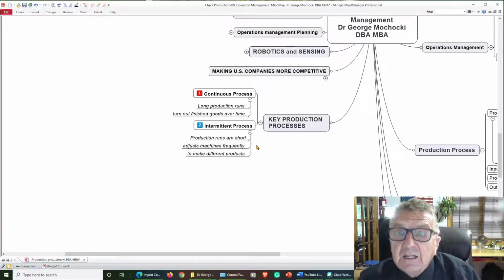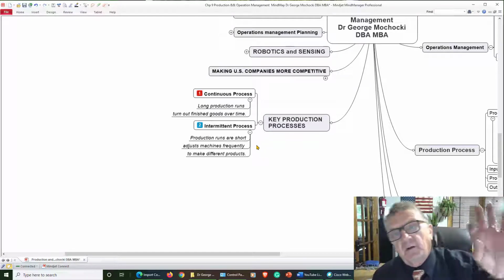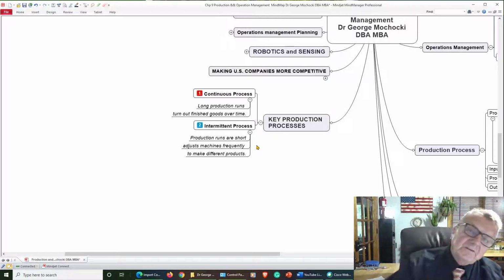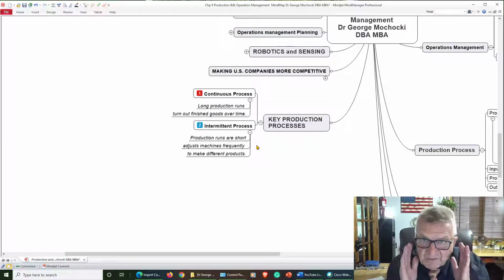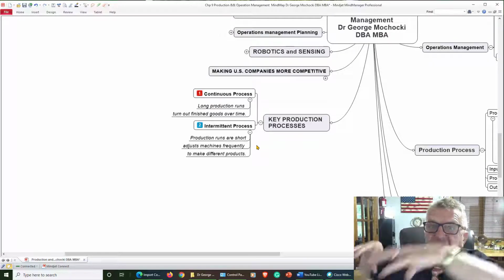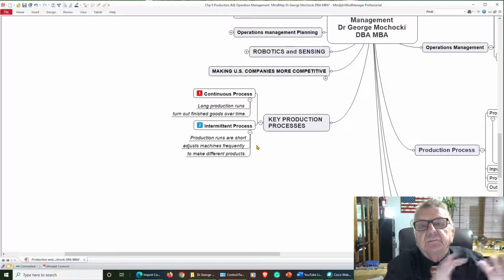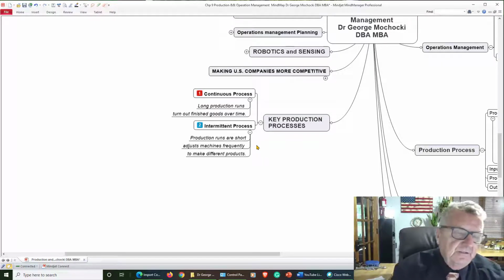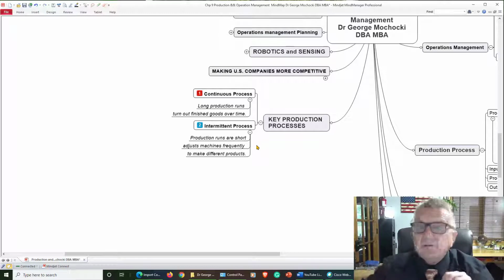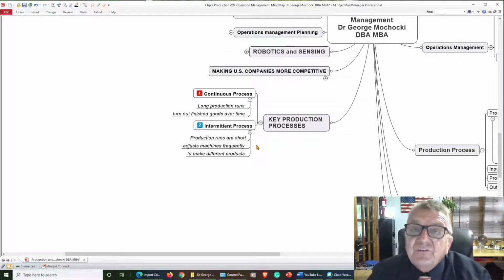I say, I want this kind of hard drive. I want this. I don't want this. I want this kind of graphics. When it goes on a continuous process, the computer automatically does it just for you. They don't have to stop to say, okay, we've got to make all these batches that need 1 gigabyte or whatever of RAM. Now it doesn't make a difference. It just does it for you.